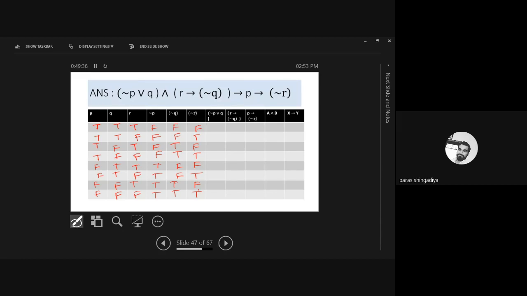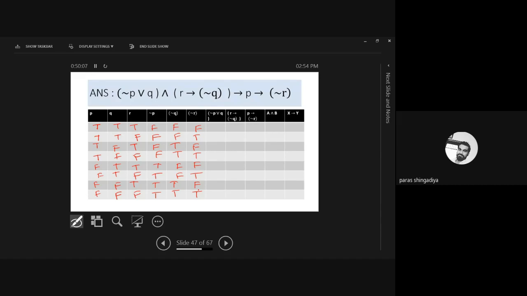Yeah, good. So it is a tautology. Now, what about the students' answers? You got the same answer? Without practice, it is very difficult to predict that answer. Without practice, it is very difficult. All are trying or not? All the TC3 students, TC2 students. Have you checked it? Okay, nice. So it is a tautology.